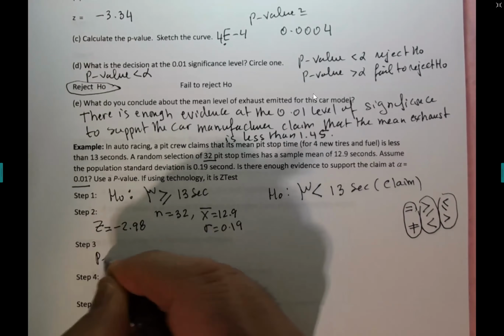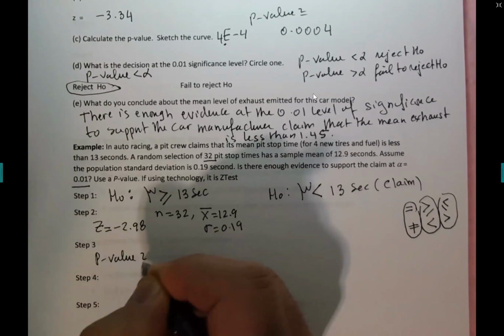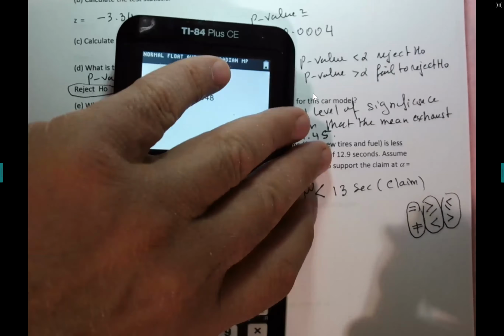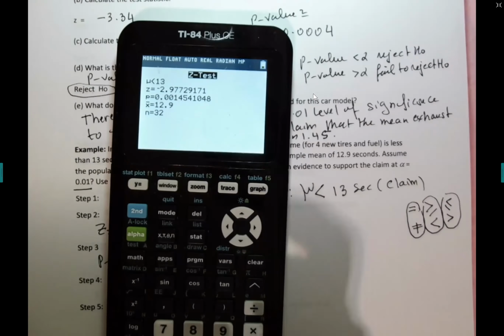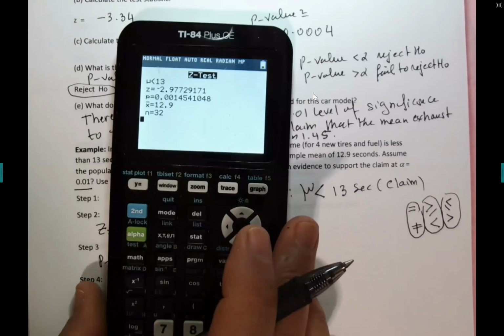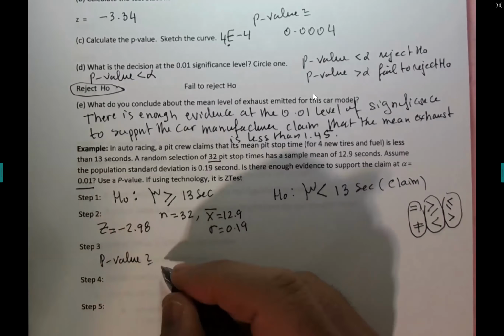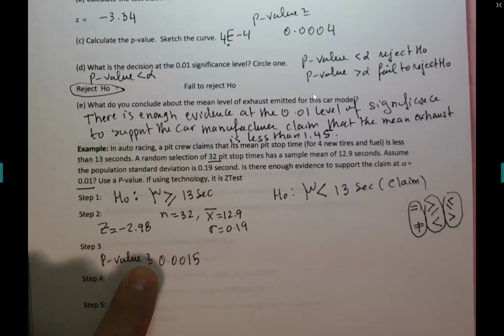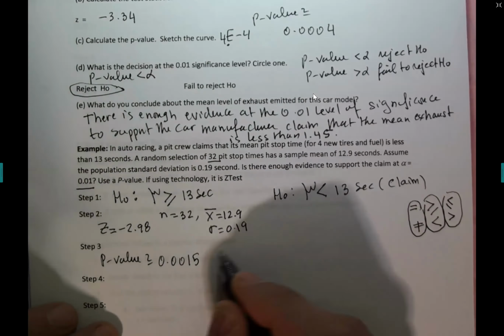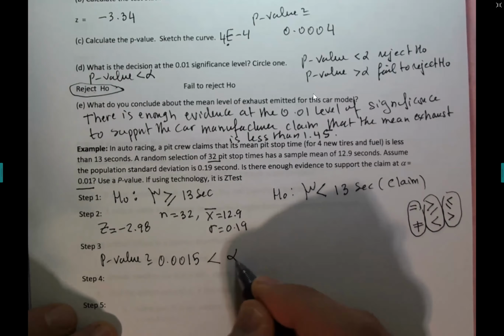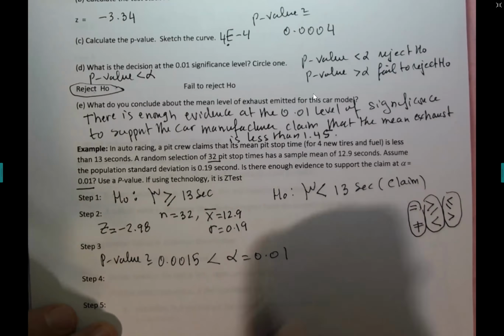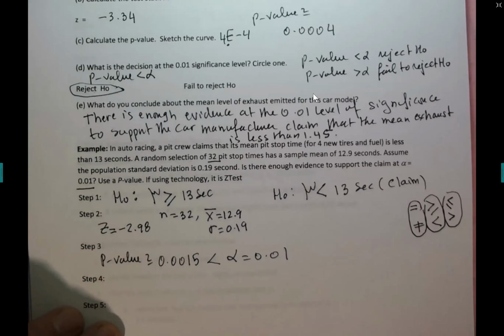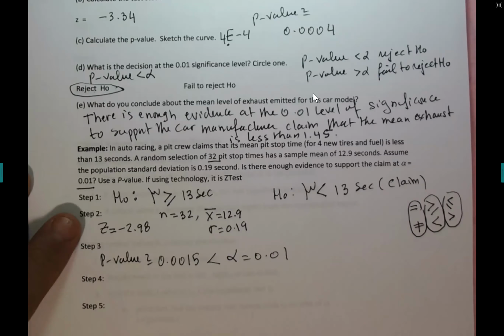The p-value is, let me show it to you again. It's very small, 0.0015. The reason why I don't put equal, guys, is because it's not exactly equal, it's approximately. And you guys agree with me that this is less than alpha, which is 0.01. You will see some problems next week where the p-value is more than alpha, not less than alpha.